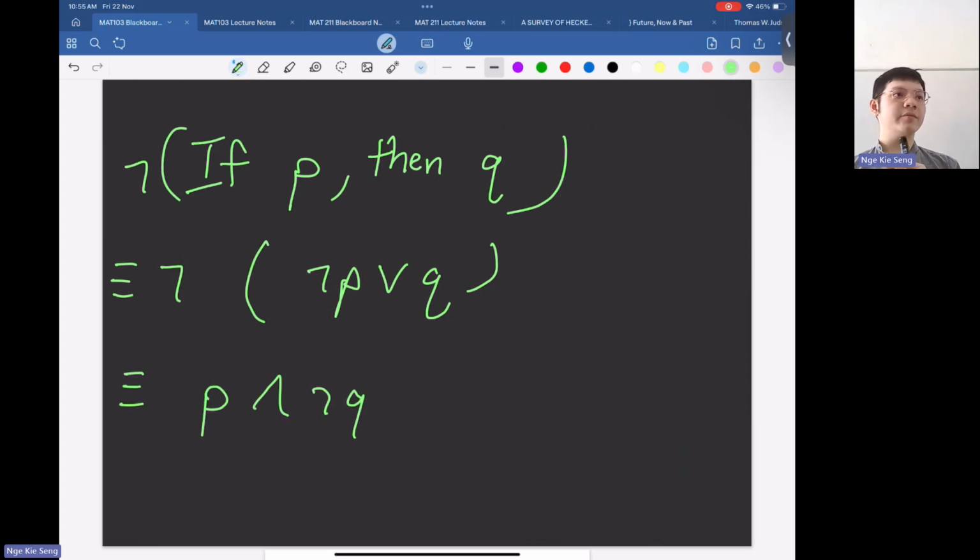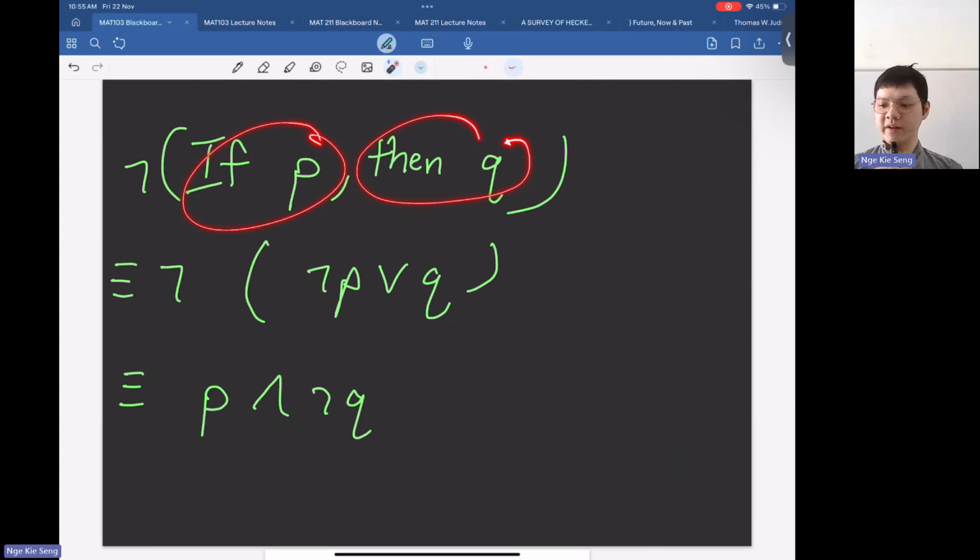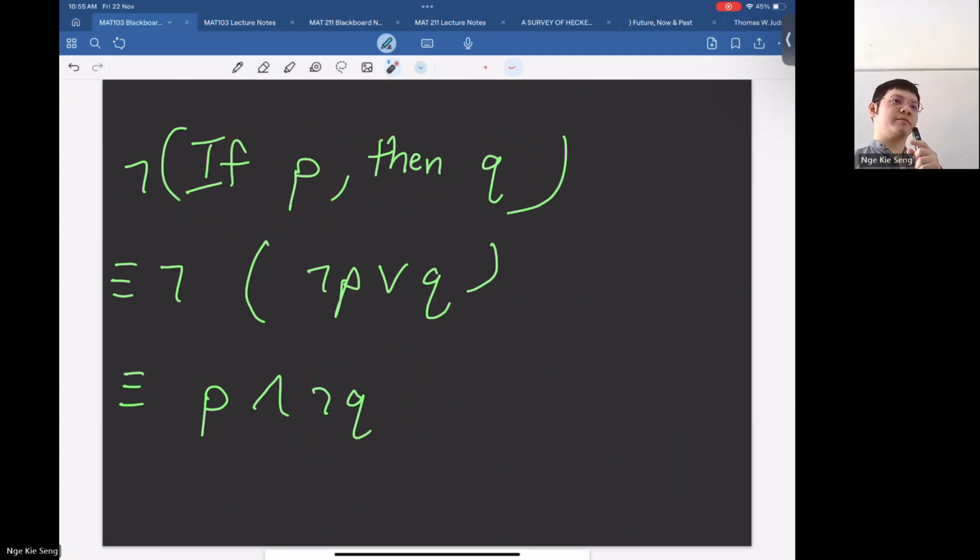So P and not Q. So if you want to prove if P then Q wrong, you need to prove that if P happens, not Q also happens. 合理吗？我本来告诉你，如果 P 发生，Q 一定要发生，但是你已经证明给我看了，P 发生的时候，Q 根本就不会发生。这些东西很重要。